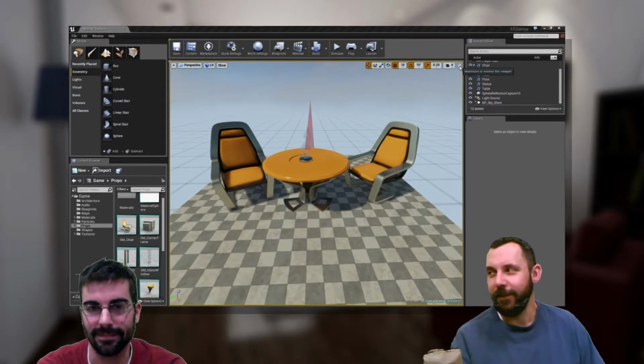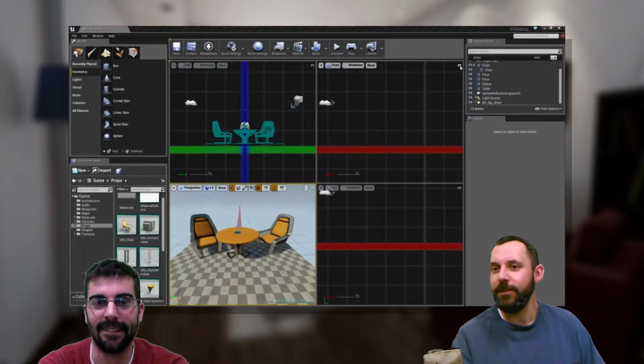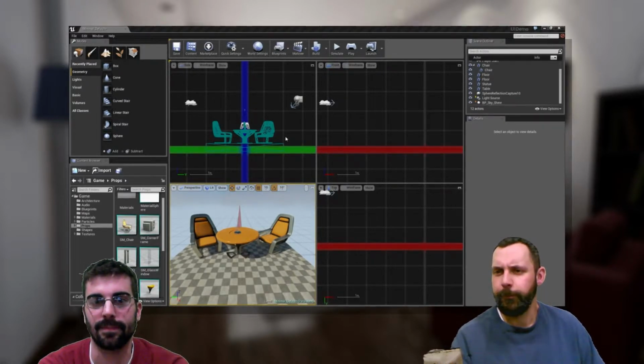The chairs are back, by the way. See a little maximize, minimize. They don't look as shiny as they did before. That shows you the 4 view. This shows you 4 different views of your current scene. Hence 4 of you. One from the side, one from the front, and one from the top, as well as